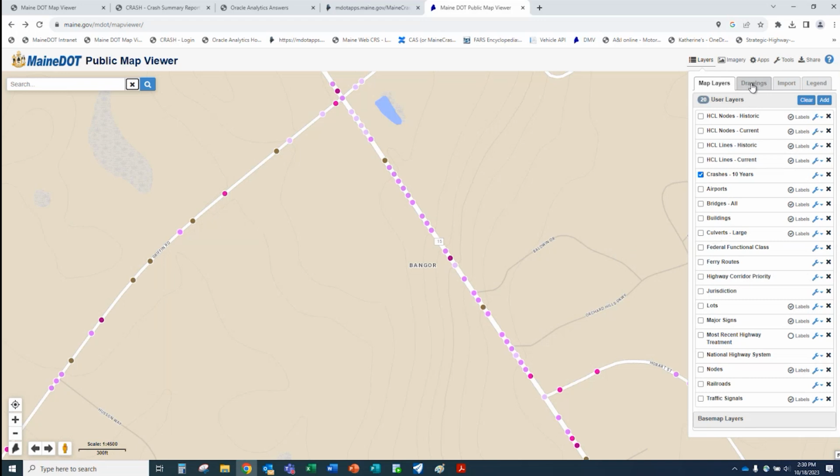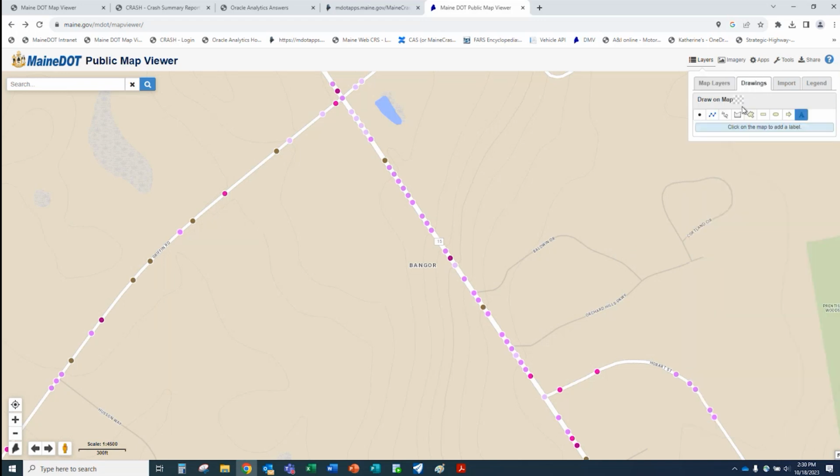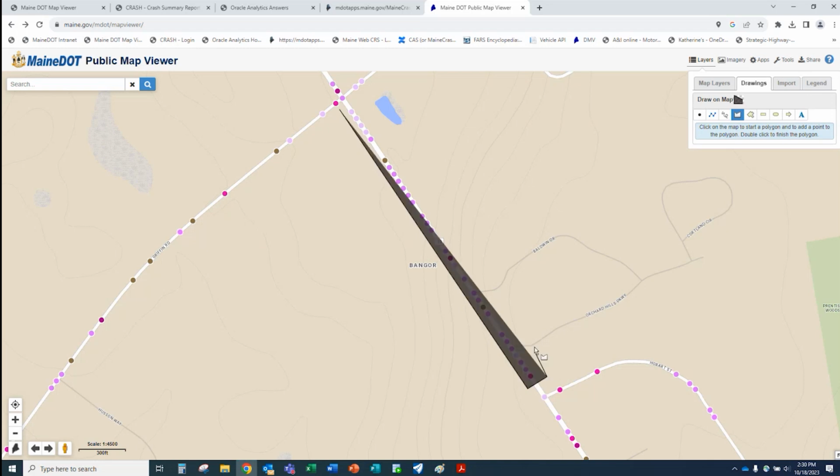Now I'm going to go to drawings. We talked about that polygon earlier, so I'm going to select that polygon. I've still got it in black. I've got to change that back because it's too dark. But I click there, made my one click, my one snap, click there, click there, click there.